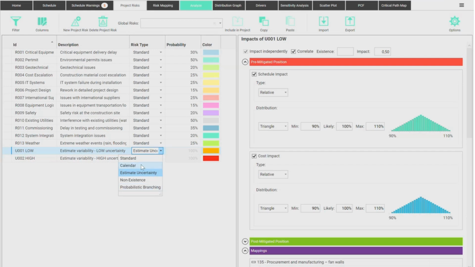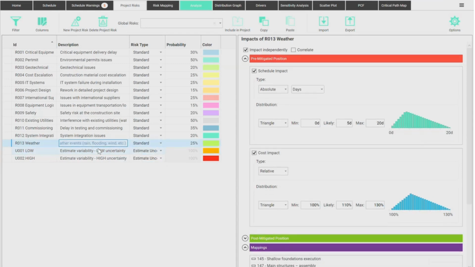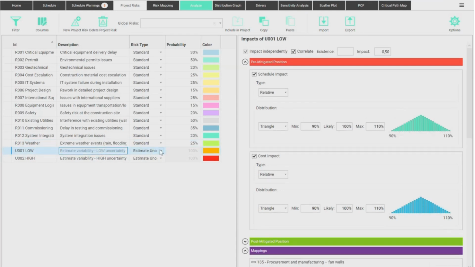And also we have calendar risk. I'm going to model weather here in a very simple, straightforward way, which is enough for this case. But if you have a calendar or weather intense situation, for example, if you are not building a data center in the middle of the city, but building something in the Amazon forest or in a very unique environment where the weather plays a major role, like offshore drilling or mining into the forest, and the calendar plays a major role in your efficiency or on the availability of resources.